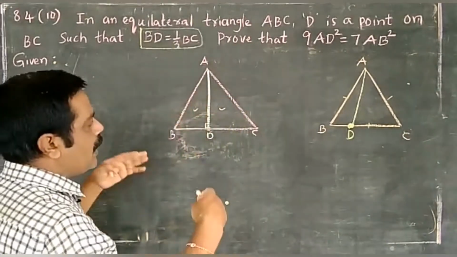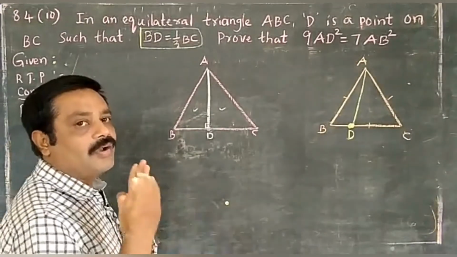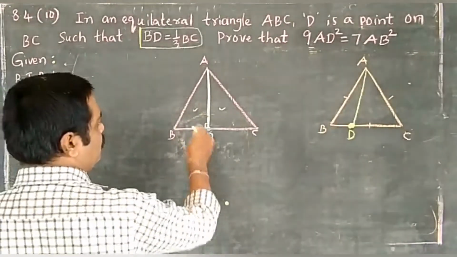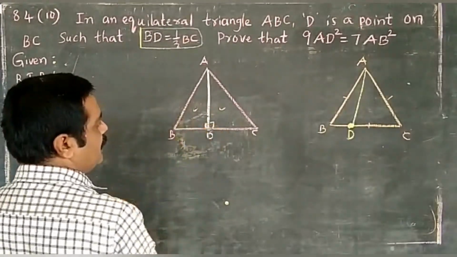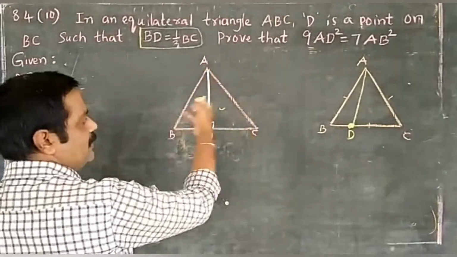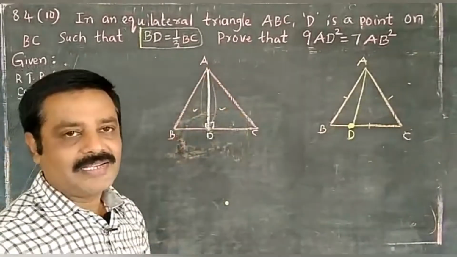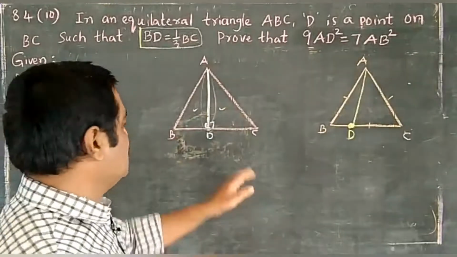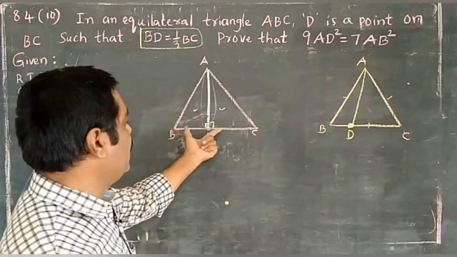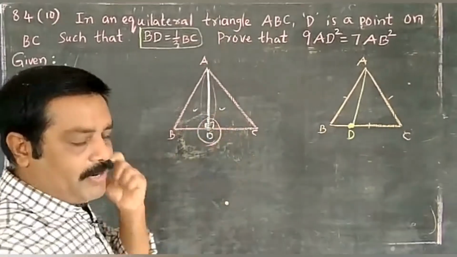we have to show these two triangles are congruent by the RHS axiom. For these two triangles, the right angle is equal to the right angle, the hypotenuse is equal to the hypotenuse, since it is an equilateral triangle, and this is the common side. So these two triangles satisfy the RHS axiom. That is why these two triangles are congruent. When they are congruent, the corresponding sides are equal, so BD is equal to DC. That is why this point is compulsorily the midpoint.